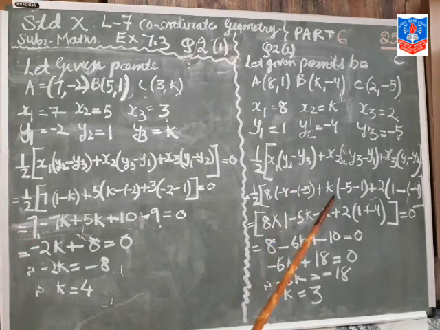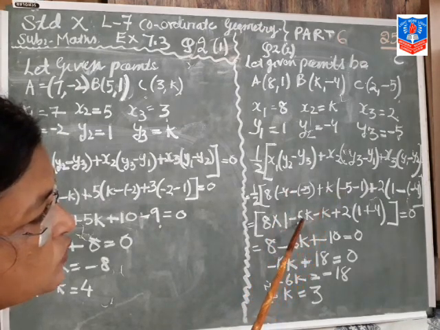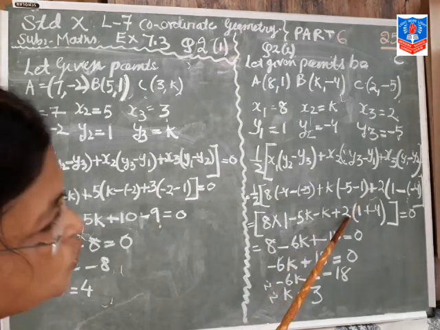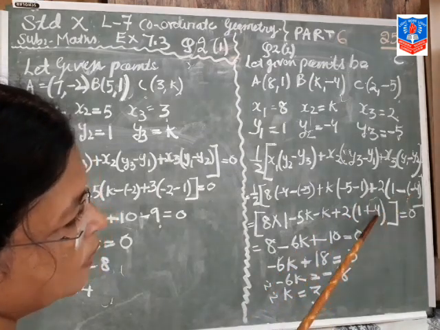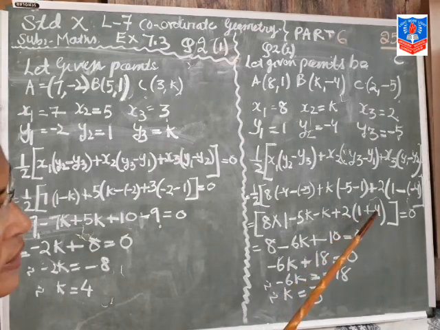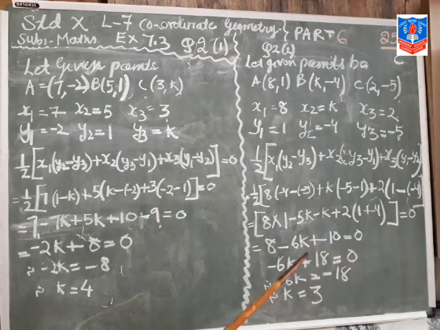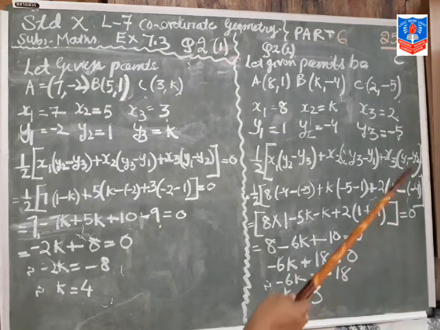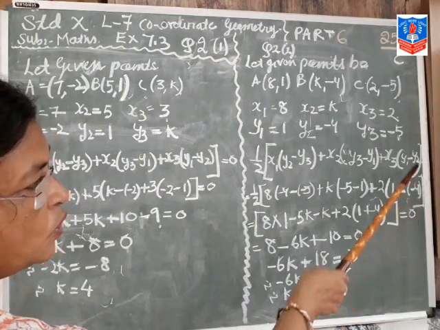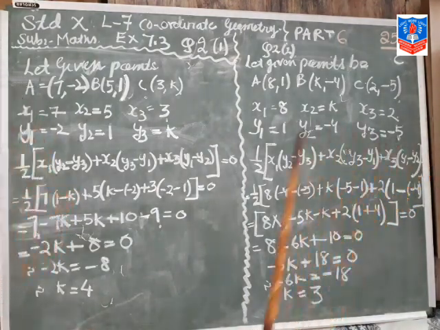So plus 1. Here plus minus minus 5k and here simple question 1 into k, that is minus k, plus 2. 1 minus minus plus 4 equals 0. So 8 minus 6k and here 2 5s are 10 equals 0. Similarly minus 6k plus 18 equals 0. And here children, please write here equals 0. Clear? Because points are